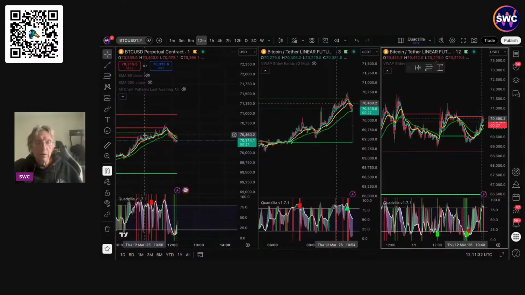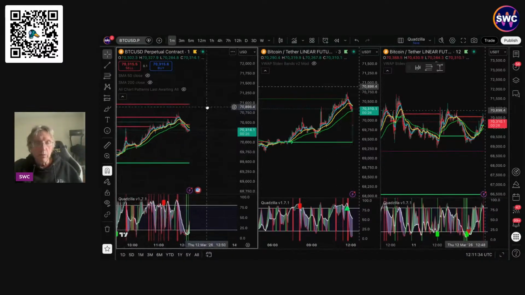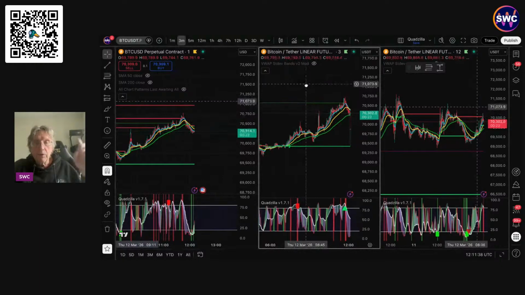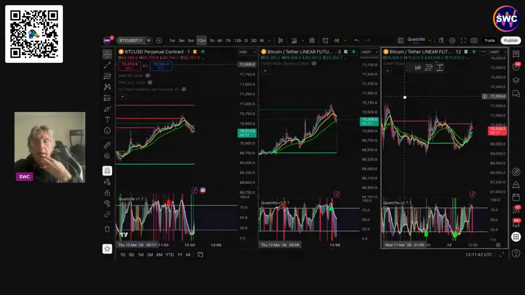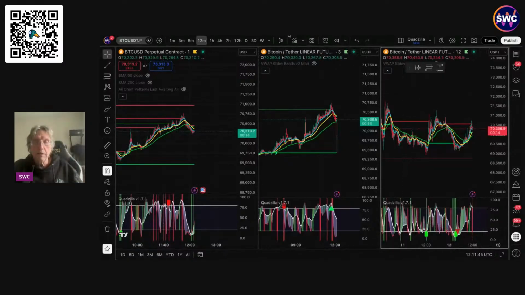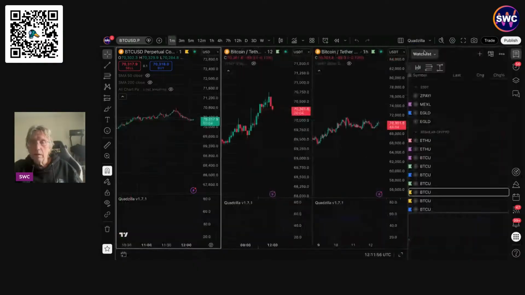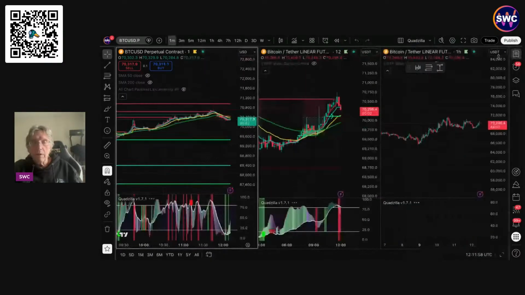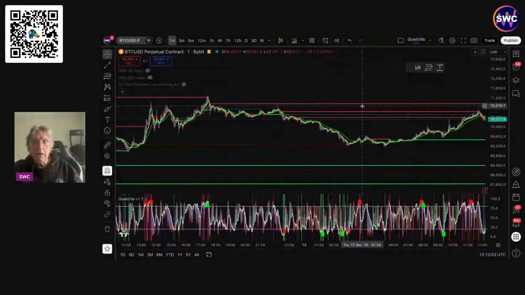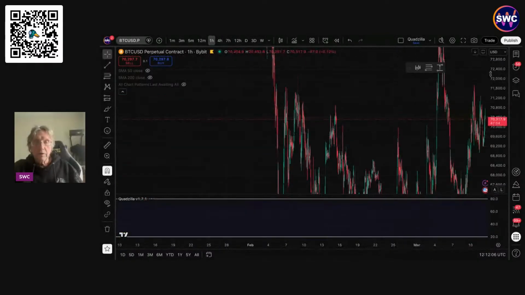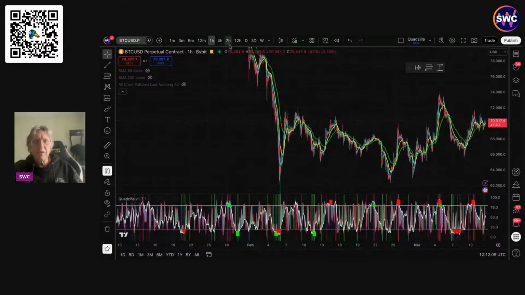Right. Okay. So what I'm looking at here is, as I say, the 1 minute, the 3 minute, and the 12 minute. That all looks a bit hectic. So let's look at another chart with just one thing on it. Let's get rid of that. So let's go to the 1 hour time frame first of all. In fact, let's go out quite a lot, shall we?